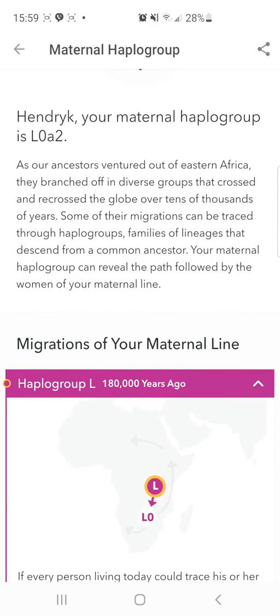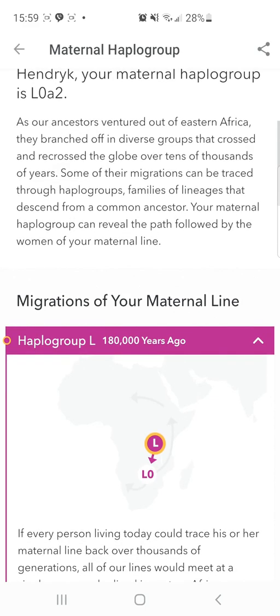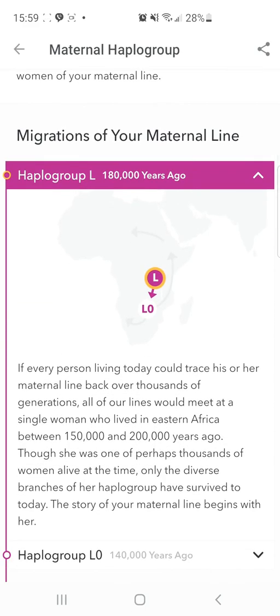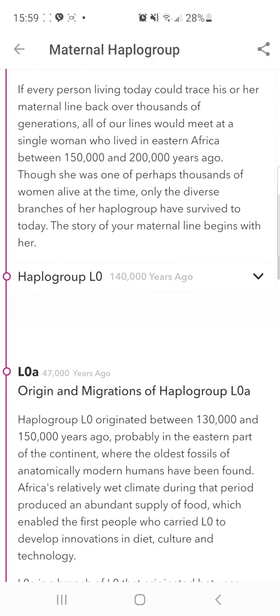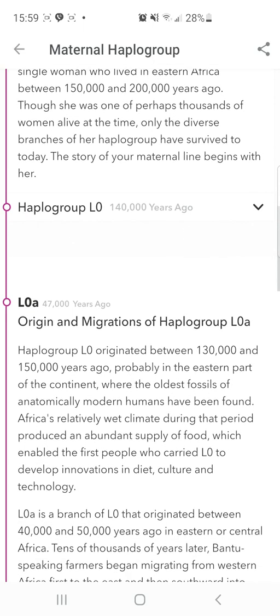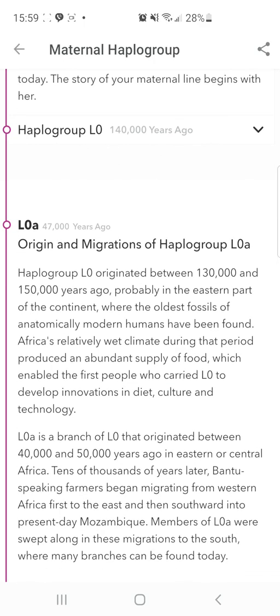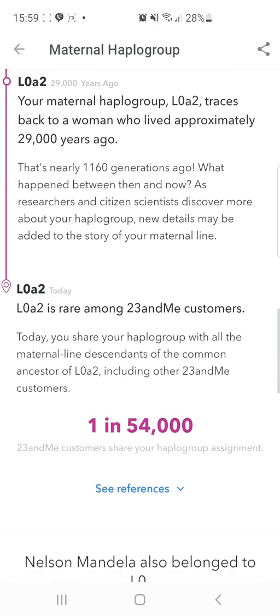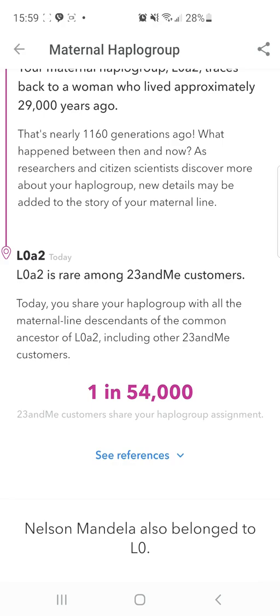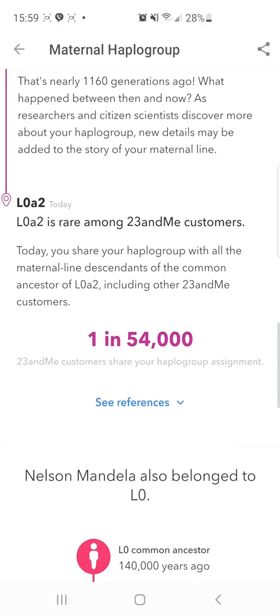So some of the migration can be traced to a family group of lineage that descended from a common ancestor. Your maternal group can reveal the path followed by the women of your maternal line. So the mother of my line is L, and it's pretty much self-explanatory. It's lineage in Africa. It's what we call the Eve mtDNA. The second will be L0, the other will be L0a, and then L0a2, and it's rare among 23andMe users,